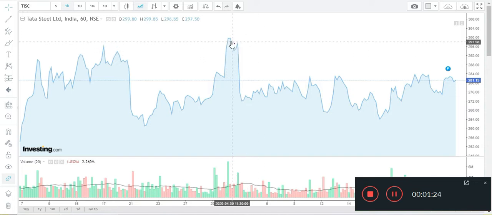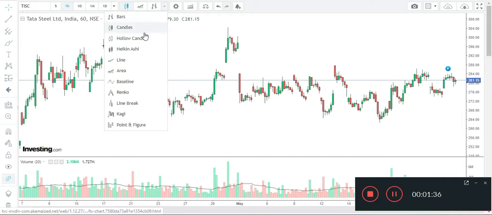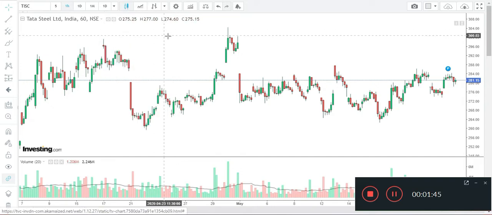This is not the typical candlestick chart that you usually use, right? To change that, head on to here and you can select candles. Likewise, there are many other types here: candles, bars, hollow candles, Heikin-Ashi. So for this particular session, we'll go ahead by selecting candles, right?